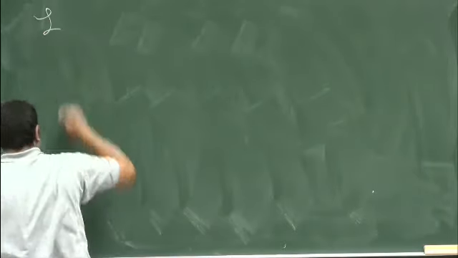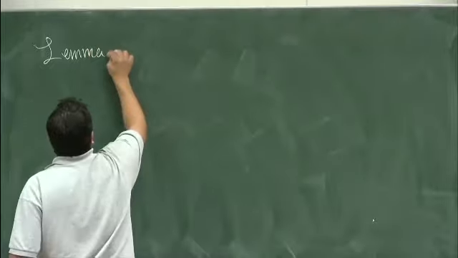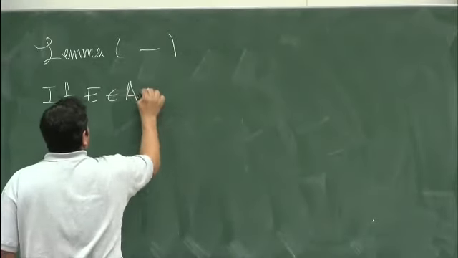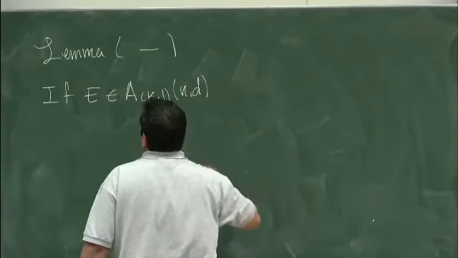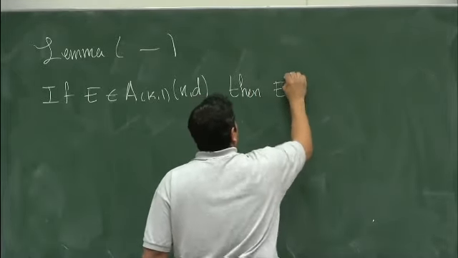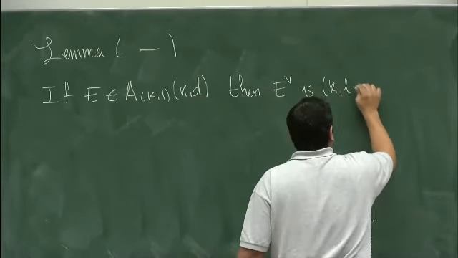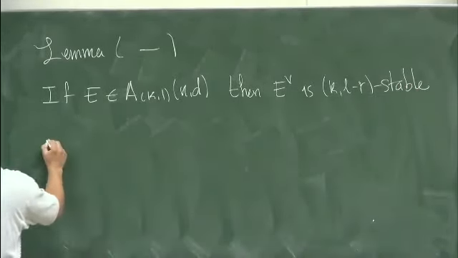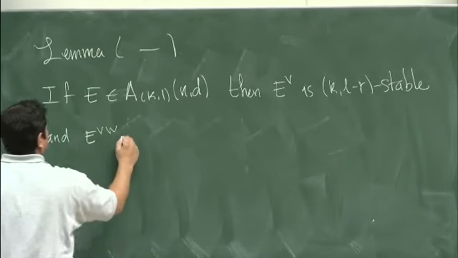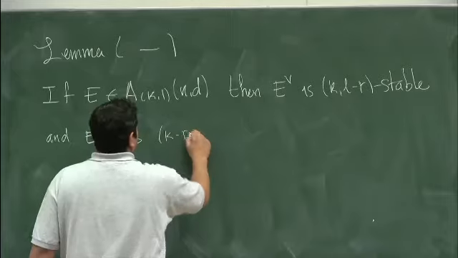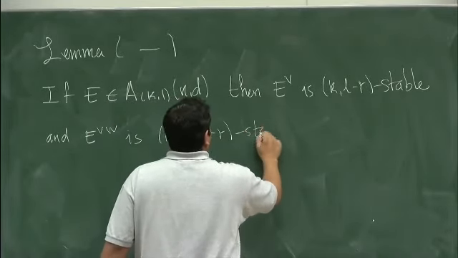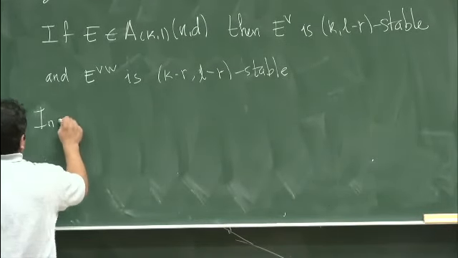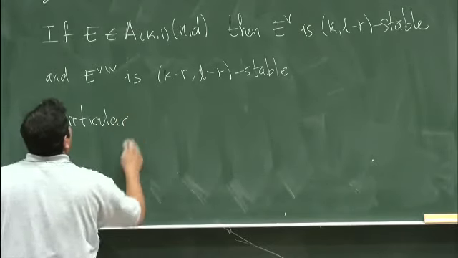The lemma says that if E is KL stable, then E_V is K, L minus R stable, and E_VW in this case is K minus R, L minus R stable. Then, in particular, that means that if